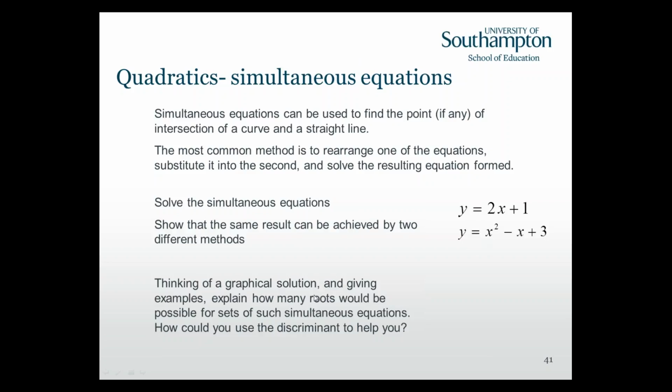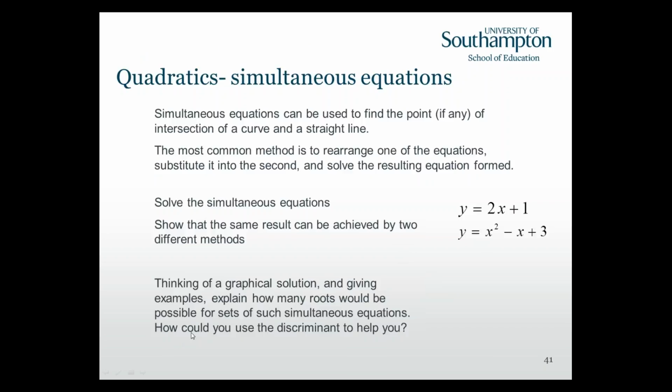And that's what's happening, because graphically, we are basically talking about where this line crosses the quadratic. That's what it means to solve simultaneous equations. It's saying at what points do they meet. So in terms of how you can use the discriminant to help you,